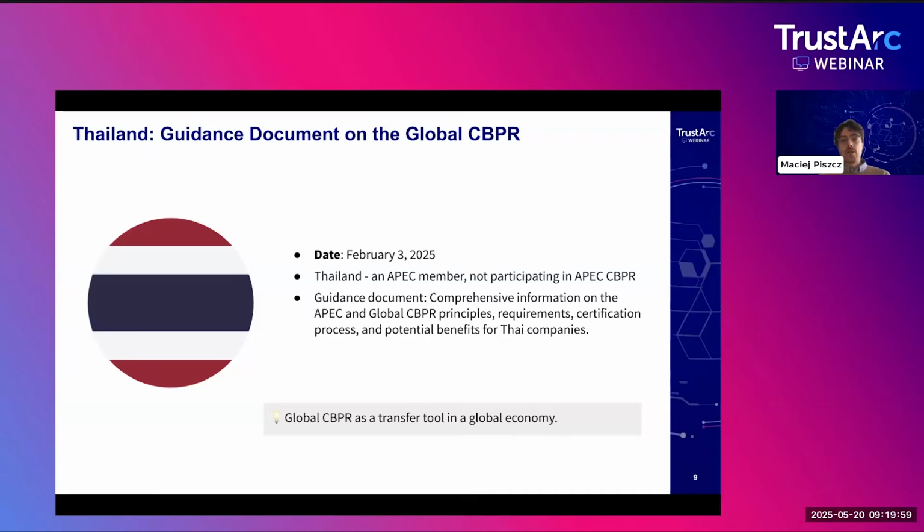So staying on the topic of the global CBPR and the APEC CBPR, but moving to another jurisdiction, Thailand. Earlier this month, the Thai government issued two guidance documents on cross-border data transfers. One of those documents was a guidance document on the global CBPR and APEC CBPR. It is important to know that Thailand is a member country of APEC, which is